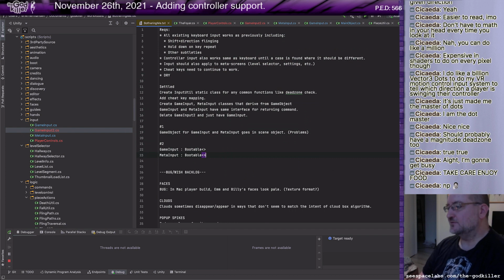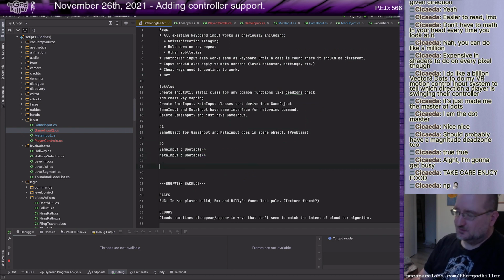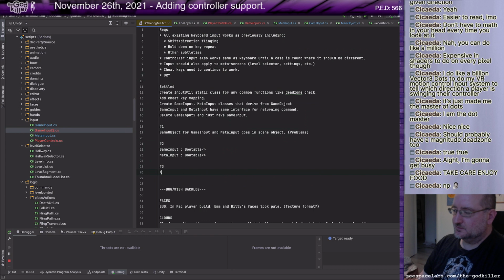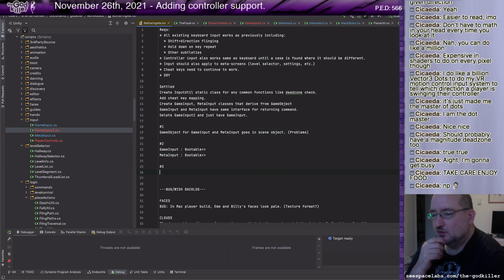I don't even need that, really. Okay, number 3. I just need one object that all it does is enable that one action map at boot.